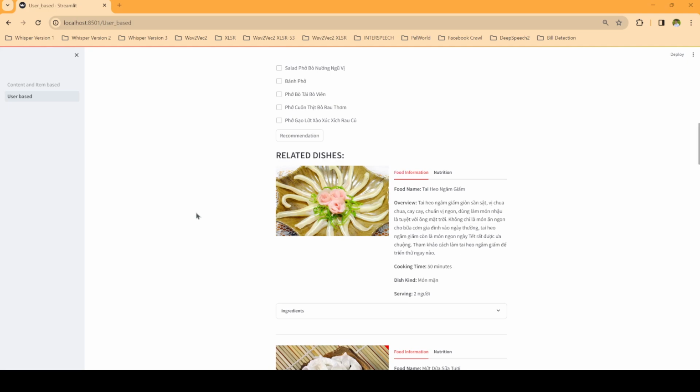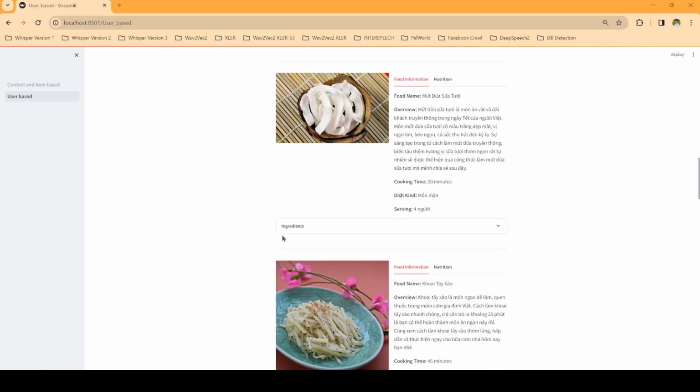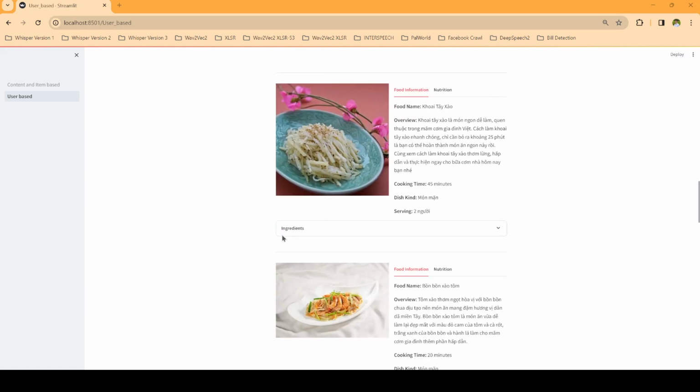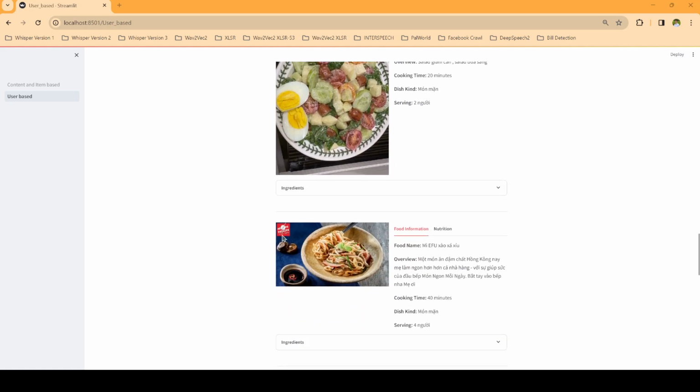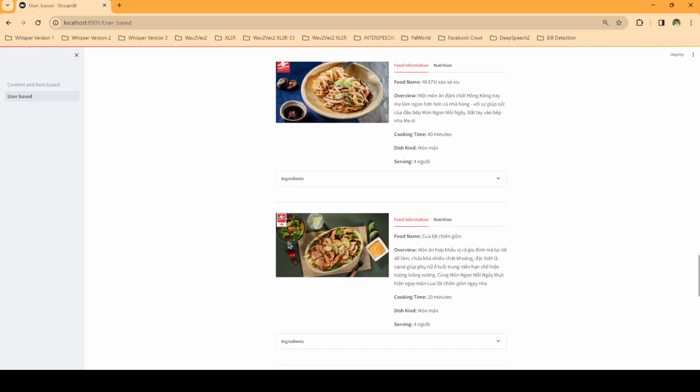So here are the results. Similar to the first page, perhaps the names of the foods are not closely related. There's a noodles here.